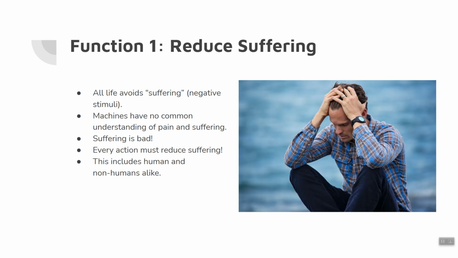All life avoids suffering. And what is suffering? Suffering is simply negative stimuli. This includes single-celled organisms, it includes plants and animals. Unfortunately, machines have no common understanding of pain and suffering. Machines didn't evolve with nervous systems, therefore they can't feel anything. However, suffering is bad. You and I agree on that. Your cat, your dog, every living thing on the planet agrees that suffering is bad, that negative stimuli is bad